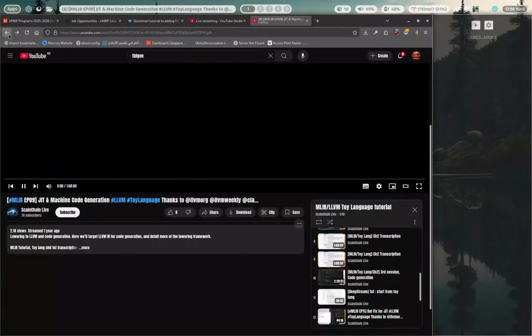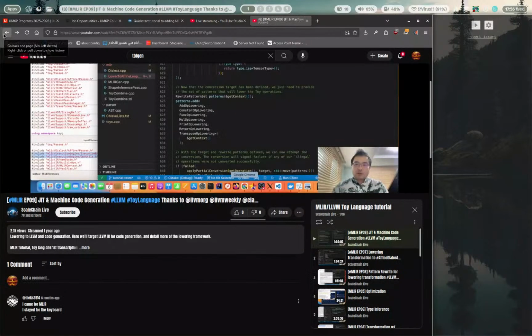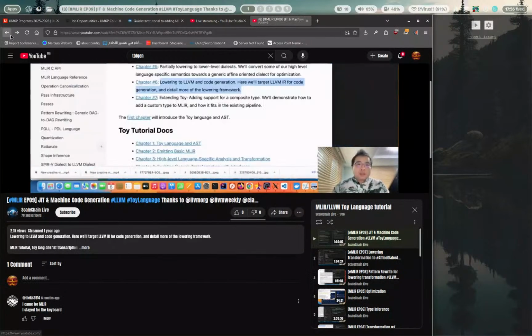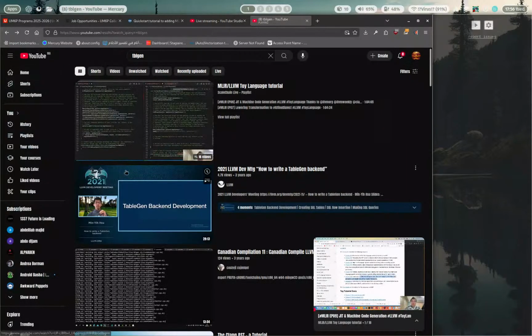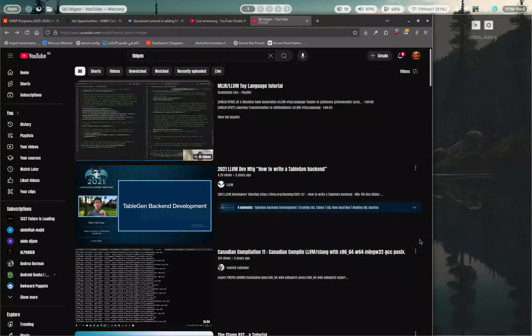Code transcription. We are at chapter 6 now, and what you're going to do today is lowering to llvm and code generation. Here we'll